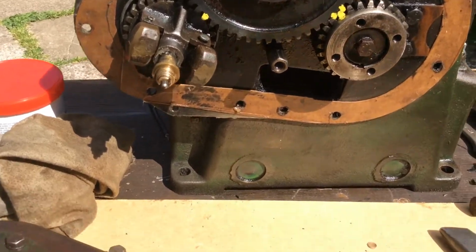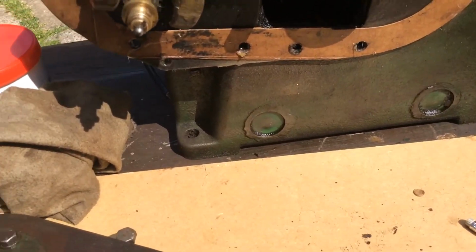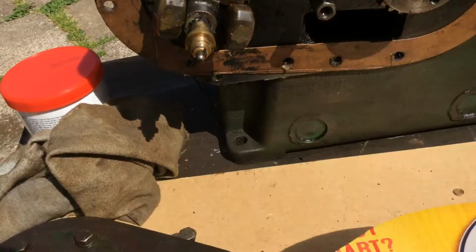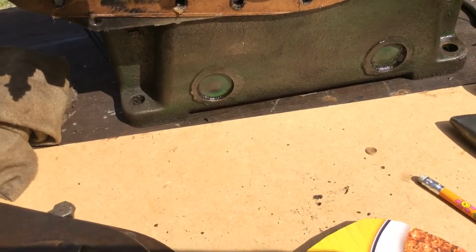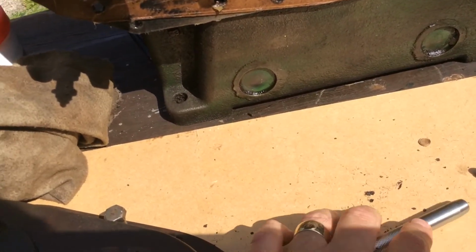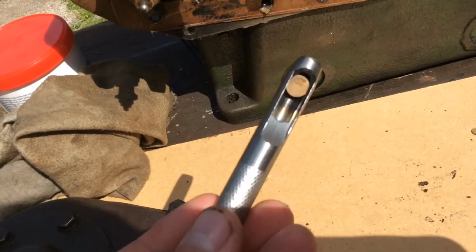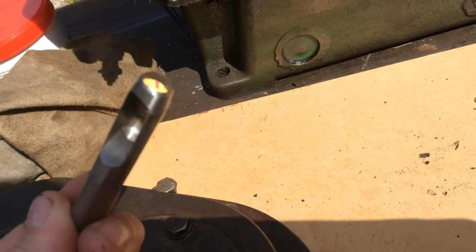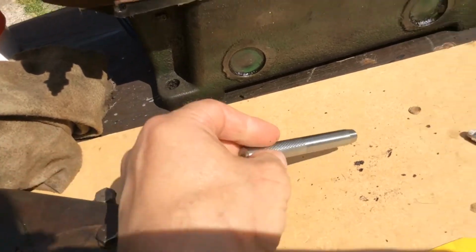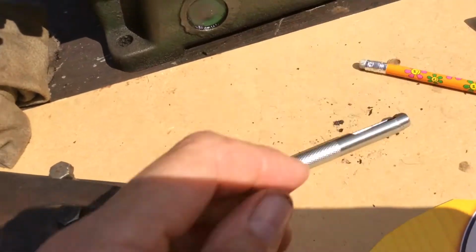And yeah, I made a gasket for this side, and I made that out of good old Weetabix packet, just cut from the side of the packet. They're particularly good at making gaskets because they're compressed cardboard, which is really rather good. I've punched the holes out with a hole punch, just a simple old hole punch, which is sharp on one end. And first of all, I drew it out with a pencil around the old one,